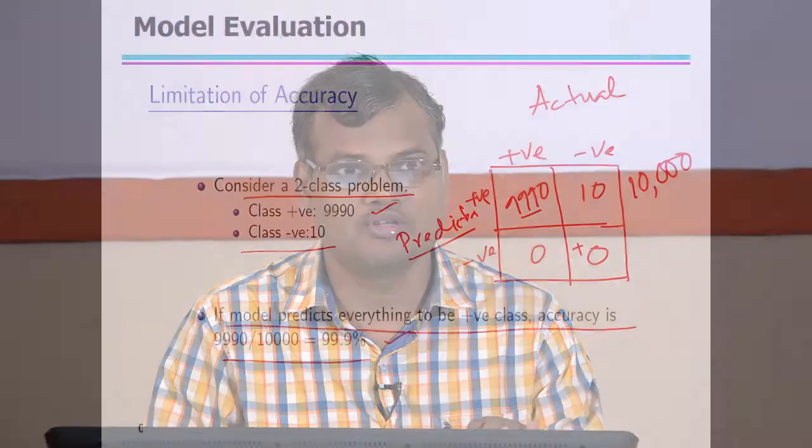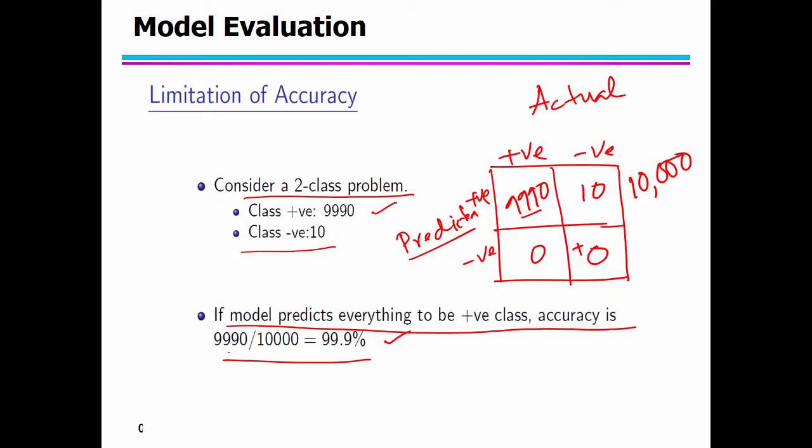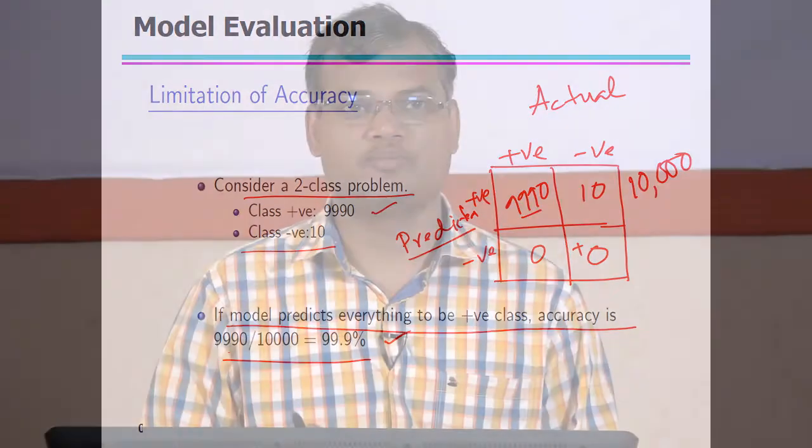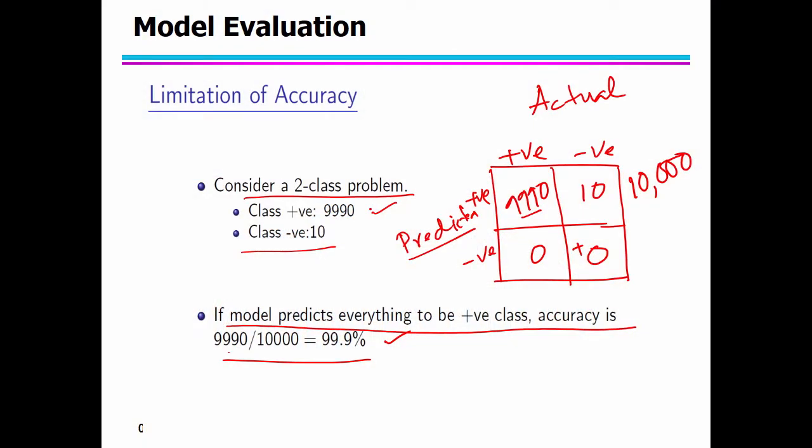Similarly here, classification accuracy itself has a problem. We can see the same problem from a different angle. Let us say instead of calling the 9990 the positive class, we change the name and say this is the negative class. There is nothing going to change actually. You are changing the name only, all characteristics remain the same. Instead of positive class you can say negative class and the other you can say positive class, right. There is nothing getting changed.